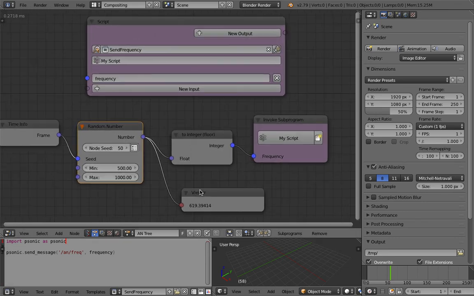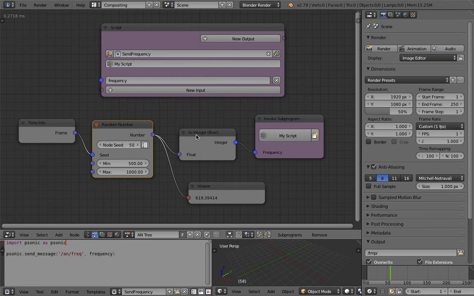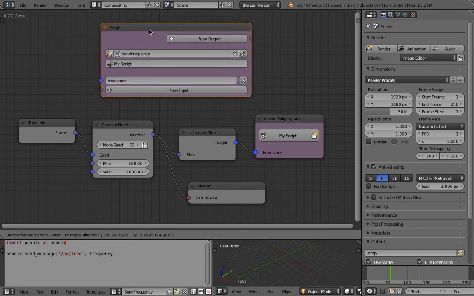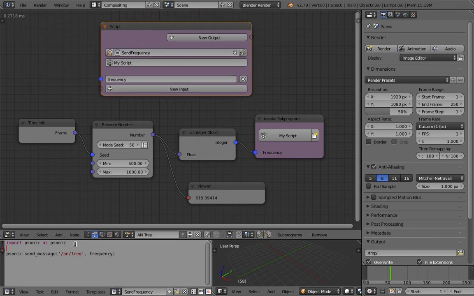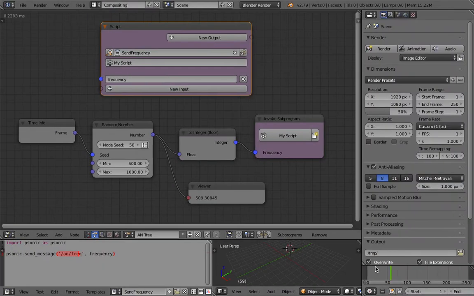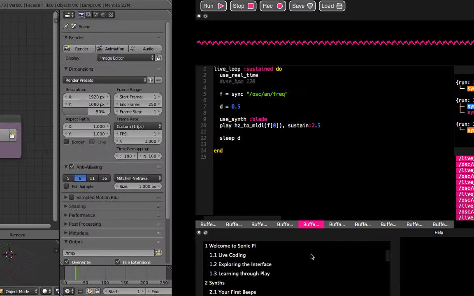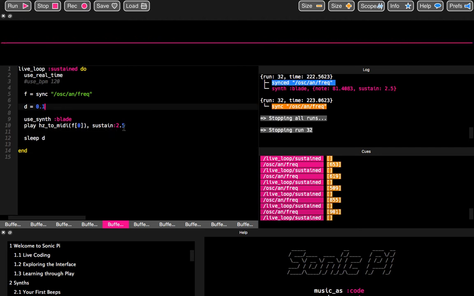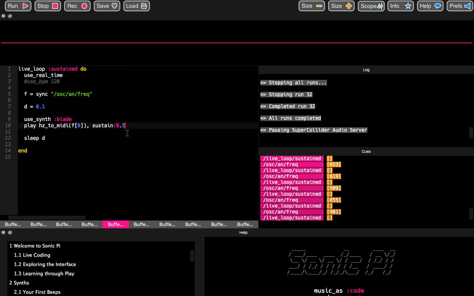this value right here. Inside Blender, using Animation Nodes, I'm just using this very simple script node, and this node is using a module called Python Sonic. So it's importing the module and sending the message. This is the OSC message, and this is the address going into Sonic Pi. So whenever I change the frame, it's gonna send a very dynamic value into Sonic Pi. You can adjust this in real time, and I don't want